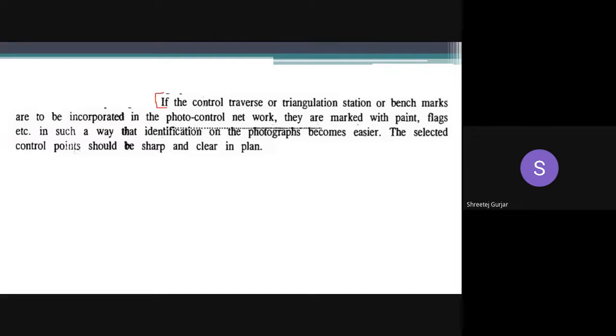Okay, if control traverse or triangulation stations or benchmarks are to be incorporated in the photo control network, right?